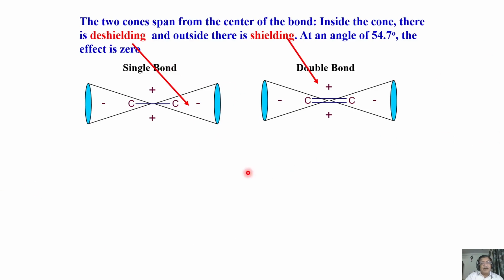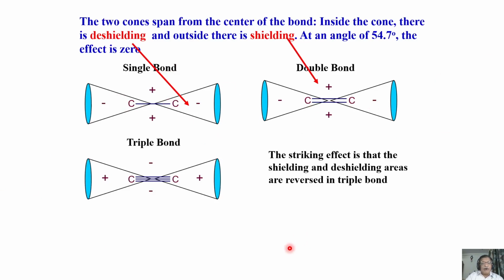What happens for a single bond, CC bond? What happens to a C double bond? And what happens if you take a triple bond? Interesting things. In each of these cases, as a function of theta, if you use the McConnell equation and plot the charge densities, you will see that in single bond and double bond, just above and below that bond, protons in this region get shielded. In the axis of the CC double bond or CC single bond, the charge density is such that they get deshielded.